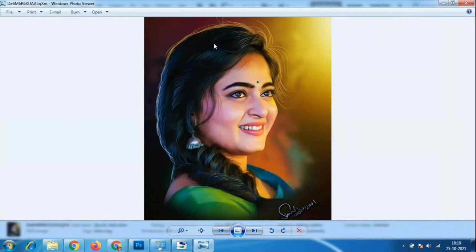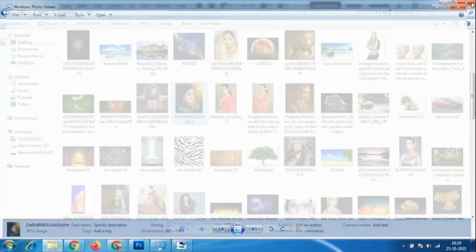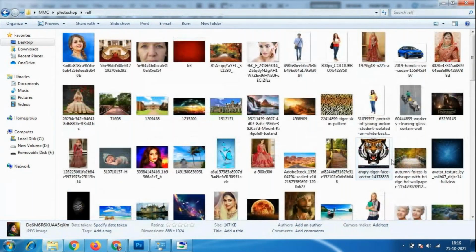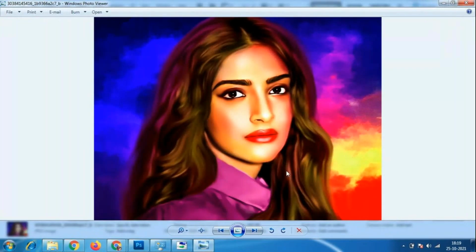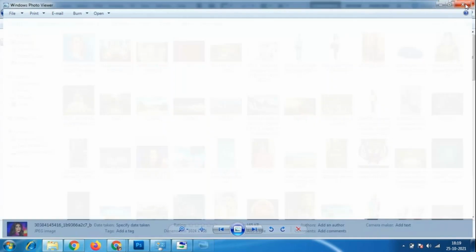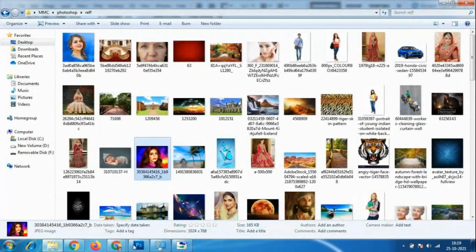We can make the paintings like this. And like this also we can make the paintings using the smudge tool. For that we have to take the particular file for this. Okay, smudge tool. So I have taken